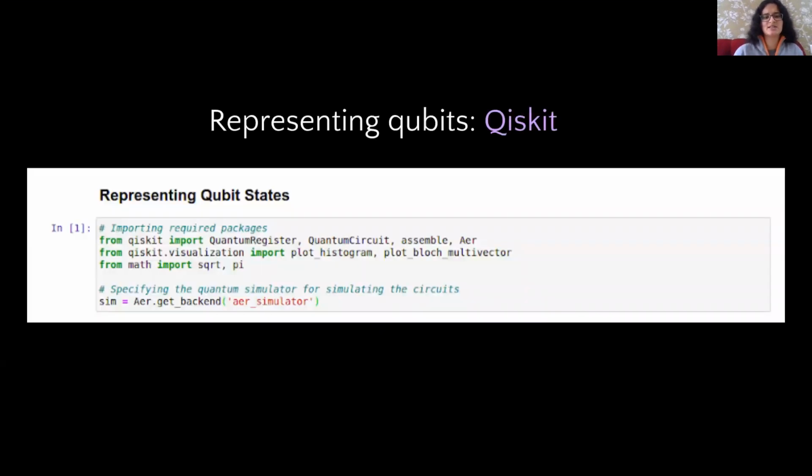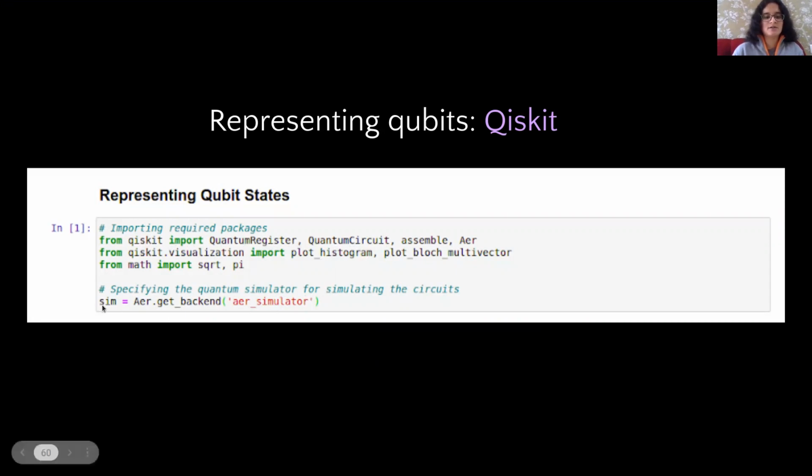So basically, these are some screenshots from a Jupyter notebook, and the code is available in the description. You can look at that link. So basically, Qiskit is a package that works in Python. So we can import it in our notebooks or other Python codes. So over here, we're just importing Qiskit and some of the functions it has. And I won't be telling you right now what they are. We will be understanding them as we progress with the code.